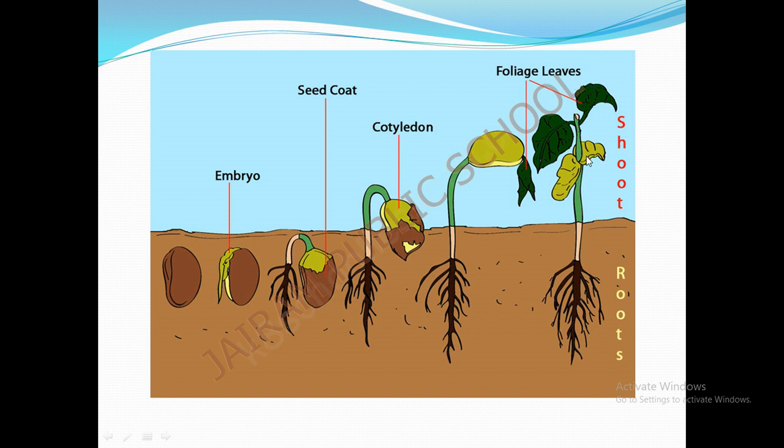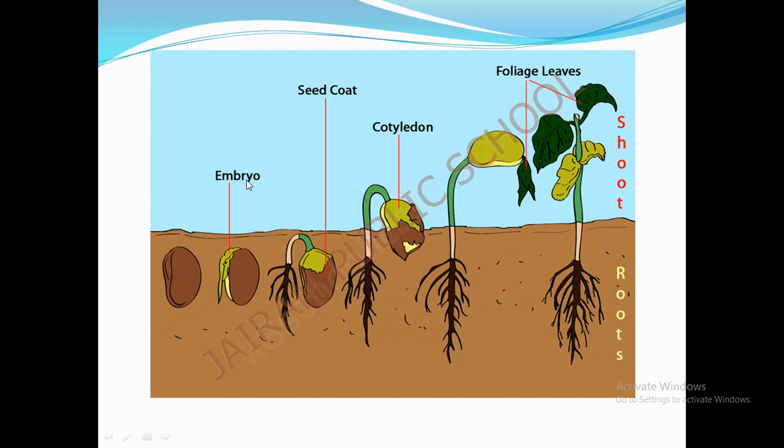See, this is the cotyledon, and after this stage the plant will grow into a big plant, and this cotyledon will fall down. Okay, and after that what is happening? This leaf itself will start to prepare its own food by the process called photosynthesis. Photosynthesis is nothing but the preparation of food by the plant with the help of sunlight. Now we are clear about the germination of the seed, the stages of germination.